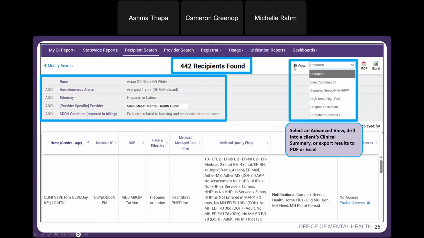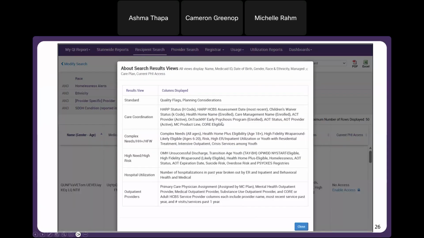When you click on this little eye icon next to view, it's going to show you this information, where on the left side we have all these different advanced views, and then all the additional columns that are associated with that specific view. So for our standard view, we have quality flags and planning considerations, whereas if you want to look at care coordination information or high need, high risk population information, all these different columns are going to be displayed when you select those advanced views.